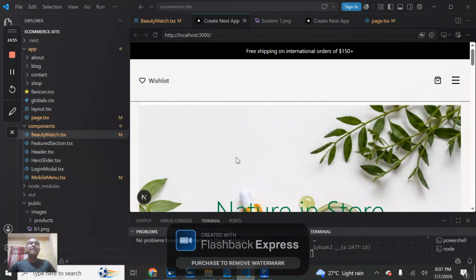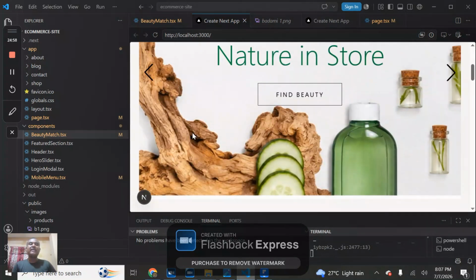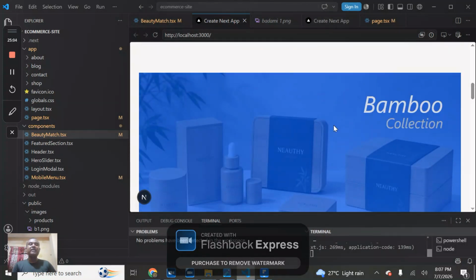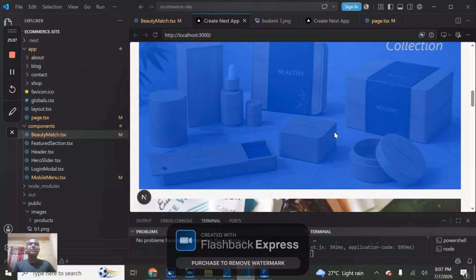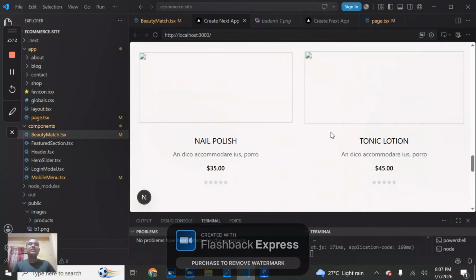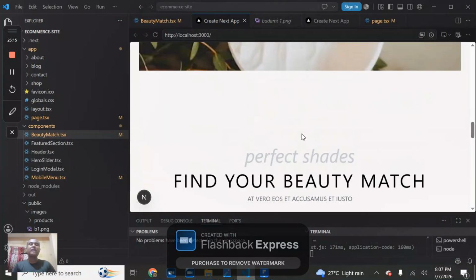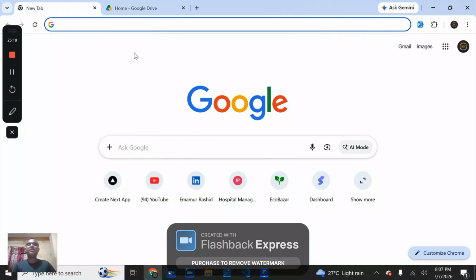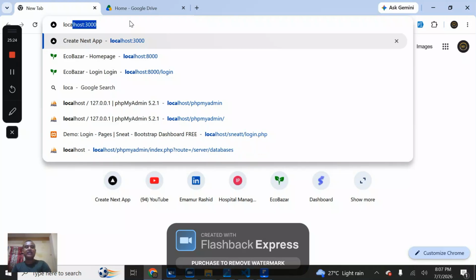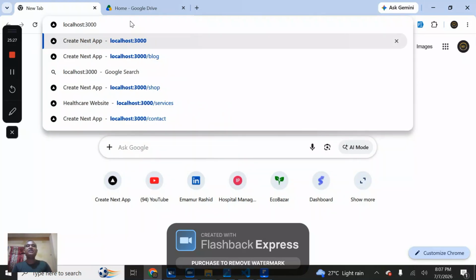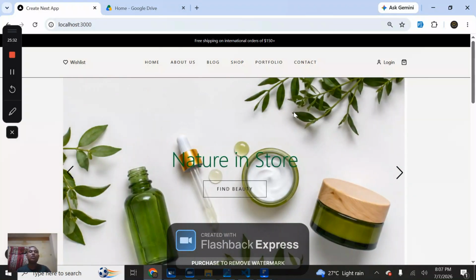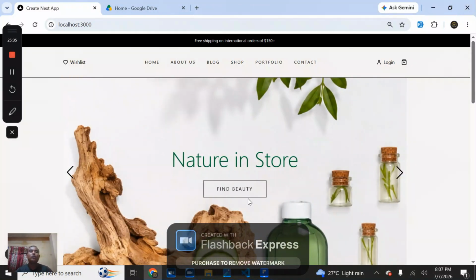So what have we learned? We can see that our slider animation part, Swiper.js, is simply moving. In the last video we saw 3 images, but in this video we have our product cards. Simply we will go to the Chrome browser and go to localhost 3000, and press enter. We can see that after hard work and a long time, our output has come.